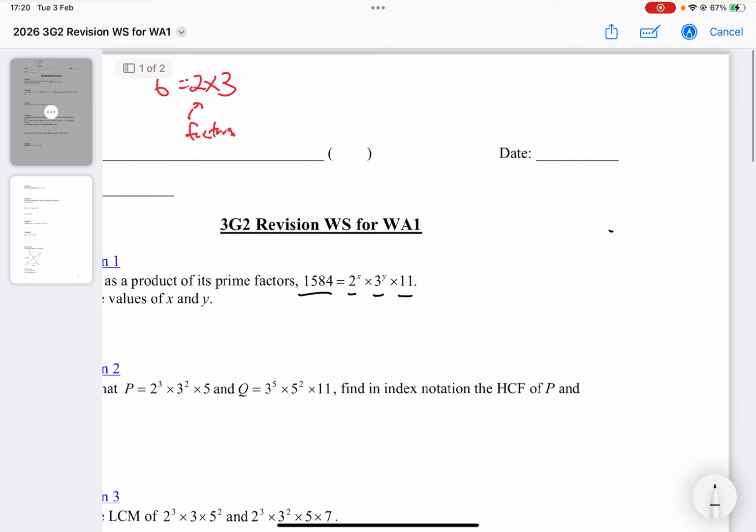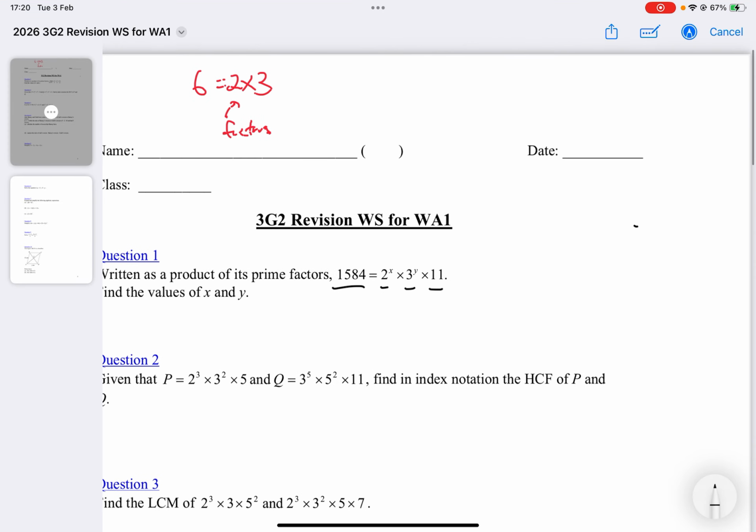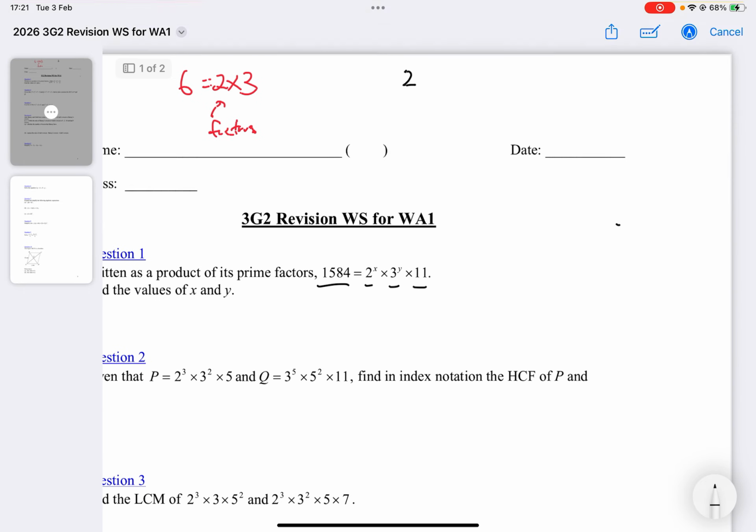We need to know what are prime factors. Prime factors are the building blocks. When I want to multiply things, they are the smallest already, meaning it cannot be broken down into smaller building blocks. So my smallest prime number is first a 2. The first prime number is 2 and it is the only even prime, because subsequently any even number can be divided by 2. So when I want to know the first few prime numbers, I can go like that,